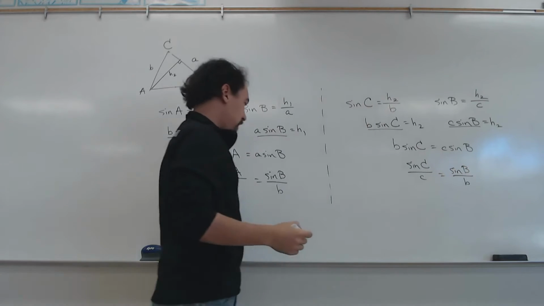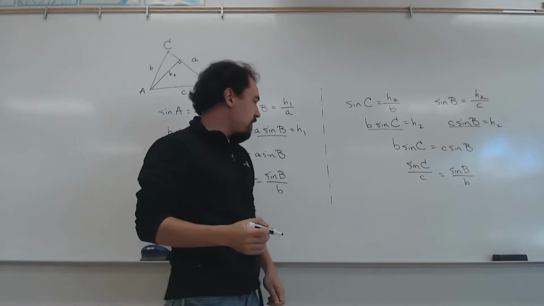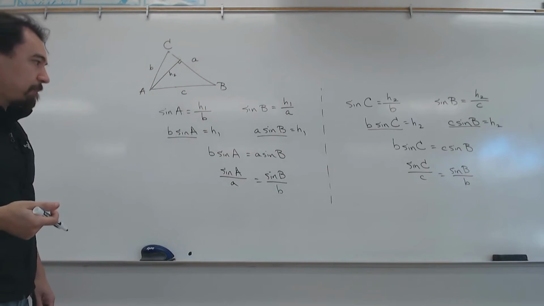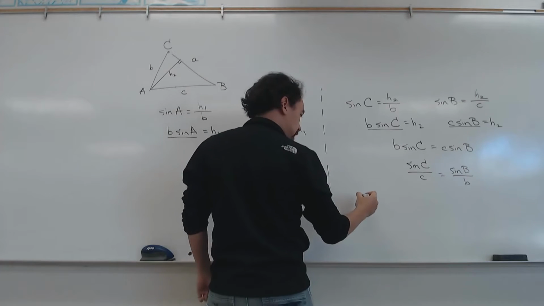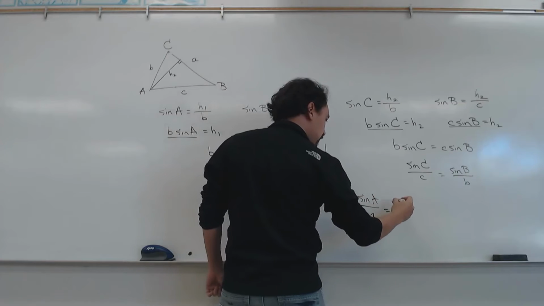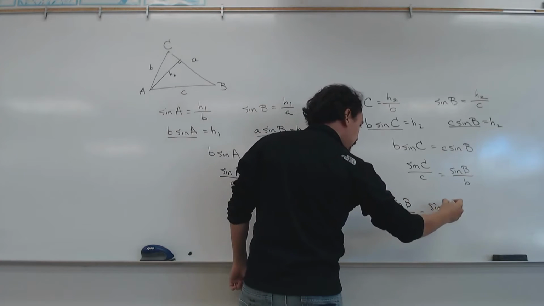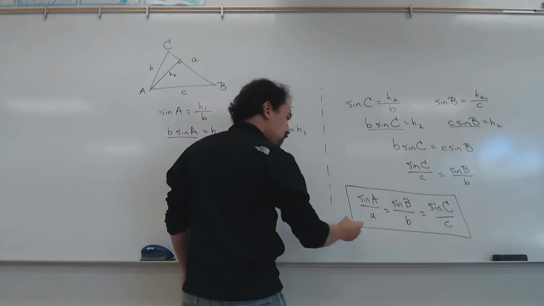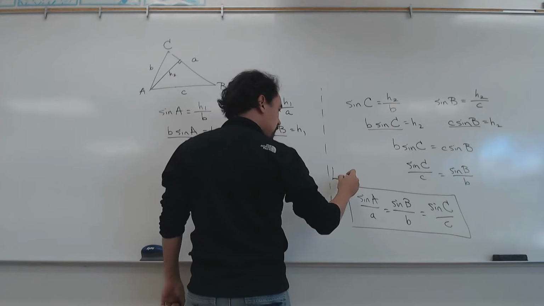Now the best part is we recognize sine of angle B over little b in both of these equations. And therefore, by the transitive property of equality, I can combine them to write down a single expression: sine of capital A over little a is equal to the sine of capital B over little b, which is equal to the sine of capital C over little c. This set of equations is what we call the law